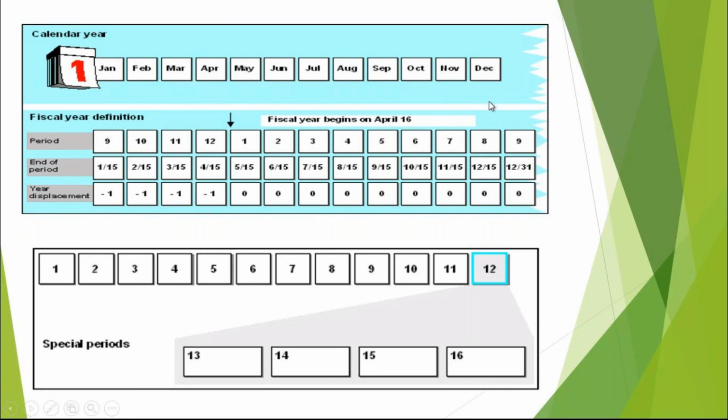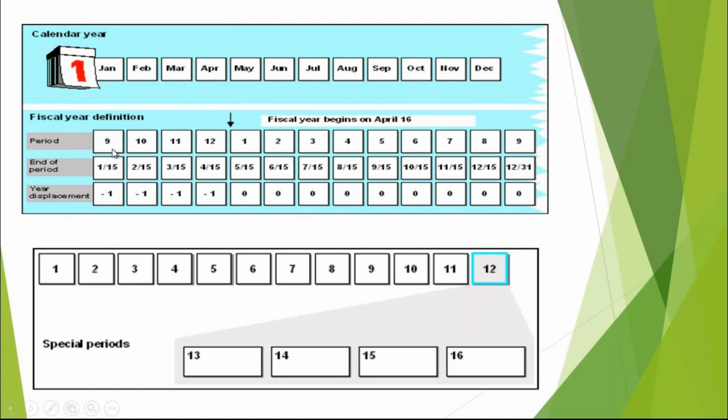December is not the end. In the calendar, January comes after December, February after January, March after February, and April after March. But if I represent April as the first month of my year, then 15th to 15th, 15th to 15th, I go to December 15th, then December 15th to January 15th. Then I continue this December, and we will shift it. We call this a shifting period, so we shift this December again to the back of January.